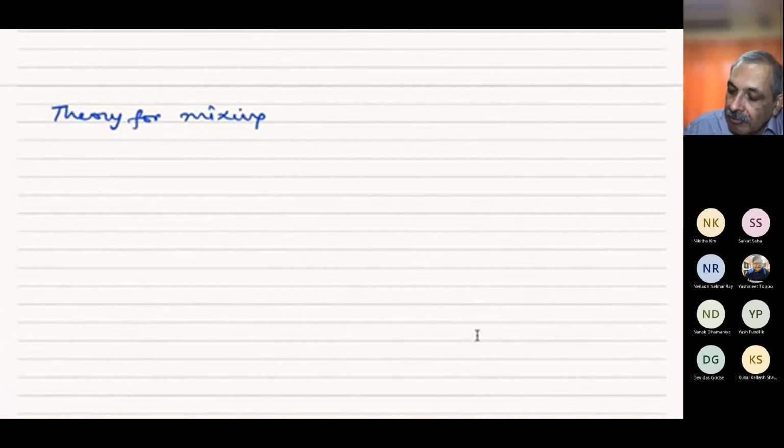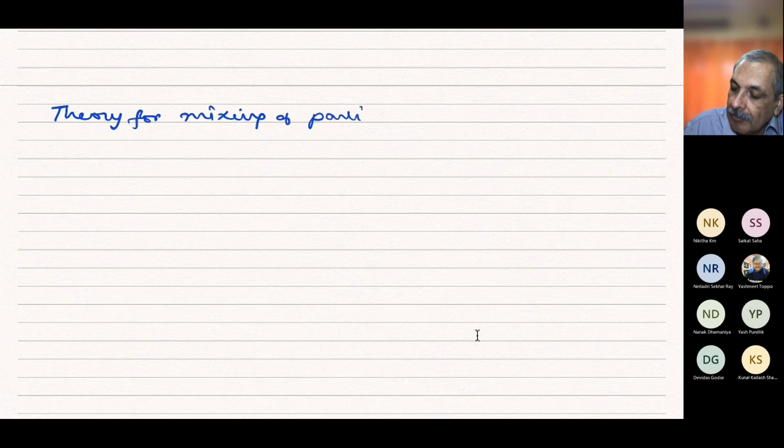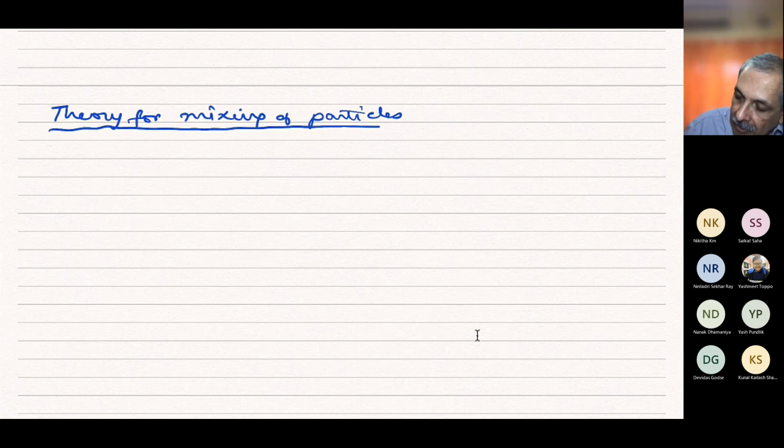But supposing you want to model the mixing, how do particles mix? Then we can essentially, given a concentration